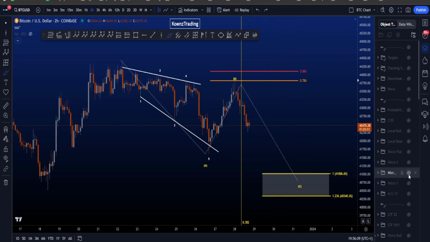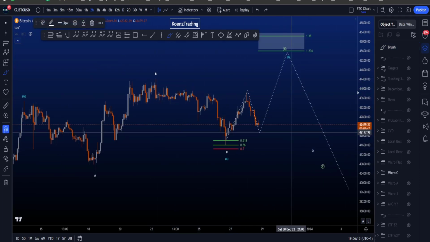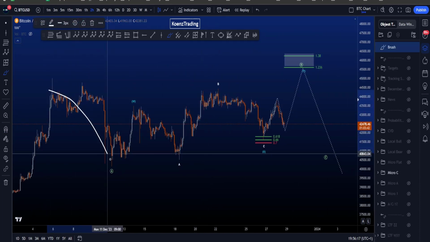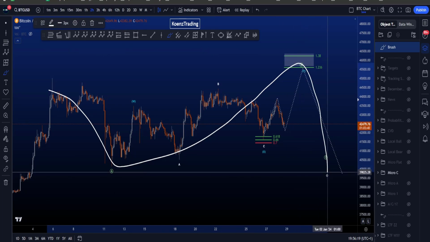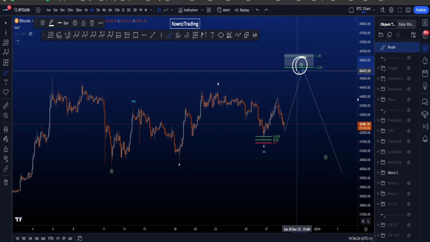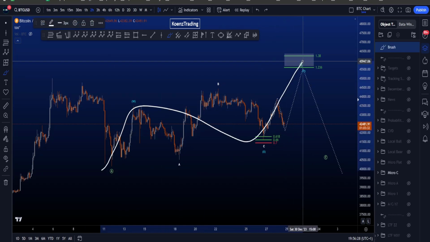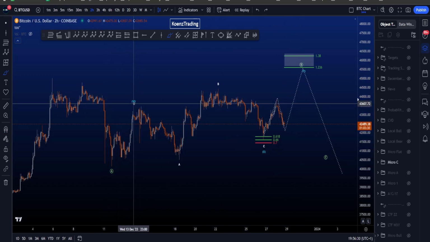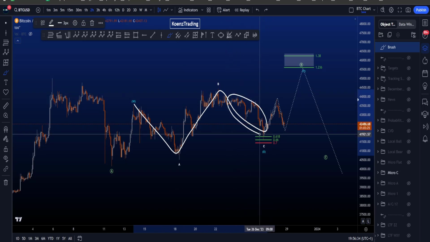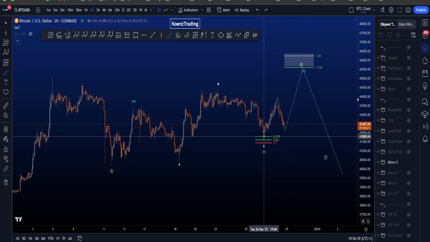If we look at this move to the downside as a wave C, then the only scenario that I could come up with here is this bigger flat scenario, where we're looking for an A, complex B, and then a wave C to the downside in an impulse. Inside this wave B, we are then looking for a double zigzag structure in a W, X, and then a wave Y. W zigzag, wave X is then a flat A, B, and then a 5-wave structure in a wave C to the downside to finish X, and then we're looking for a wave Y to the upside in a